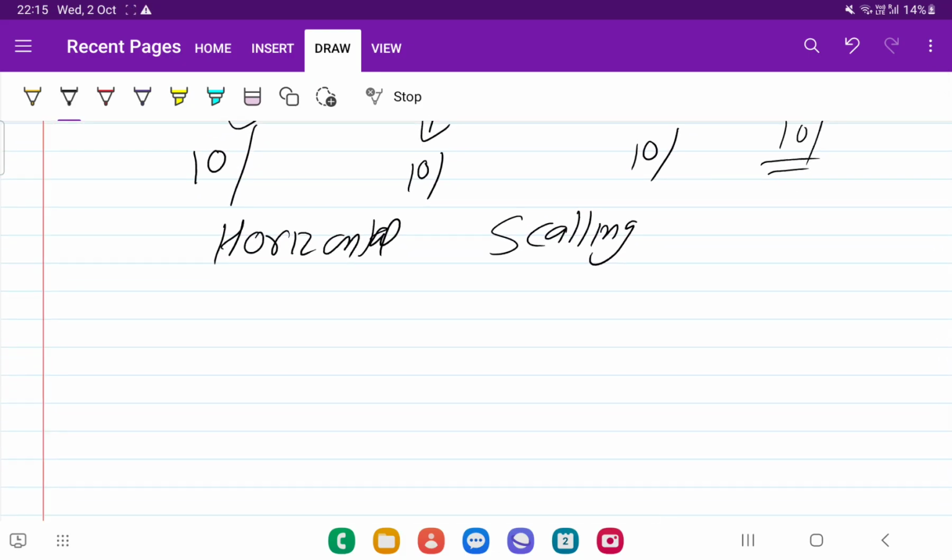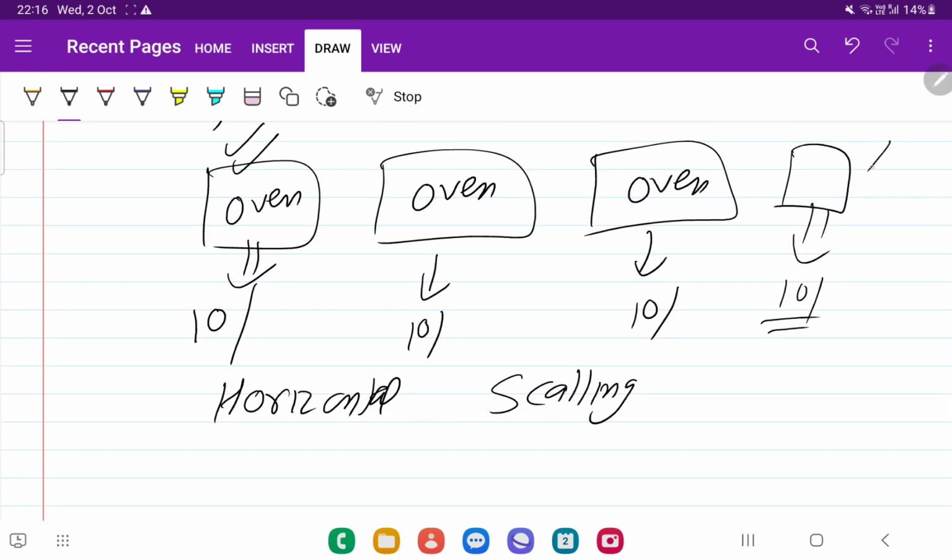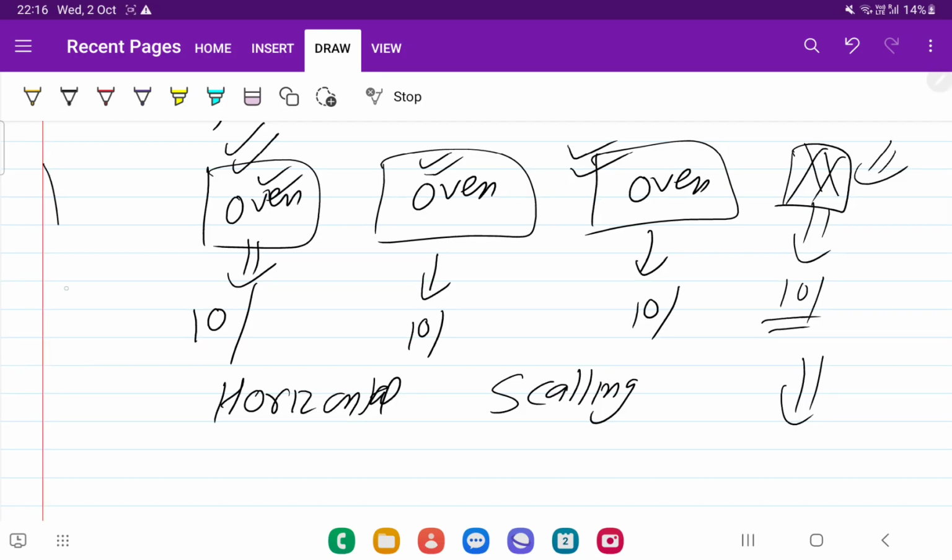So if the demand is increasing, we can add more ovens. Okay, now again here are also some pros and cons. So here we can say that it is very flexible. We can bring a new oven and install it. Okay, here the risk is also reduced. Why? Because if one oven is not working, there are still some ovens that are working. Okay, so the system will not be completely halted. It can partially be slow, but in the previous example, when there was only one big oven and that oven was not working, your entire pizza making got stopped. So here there is less risk of failure.